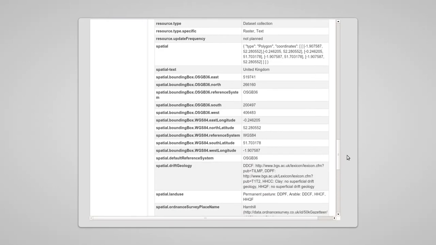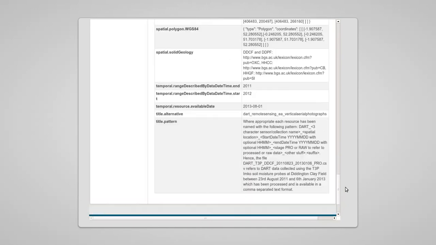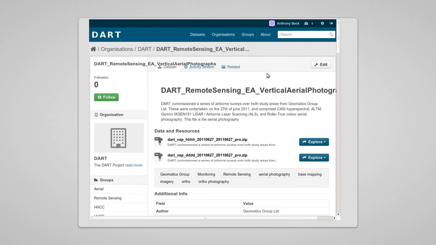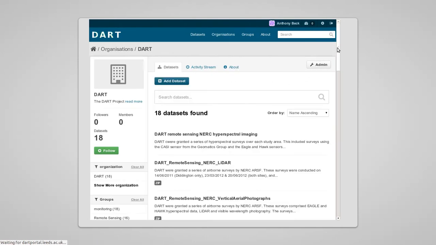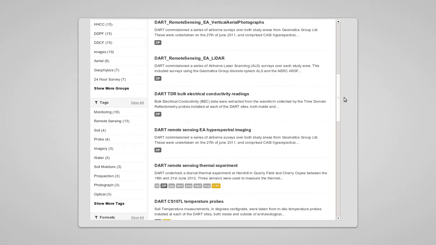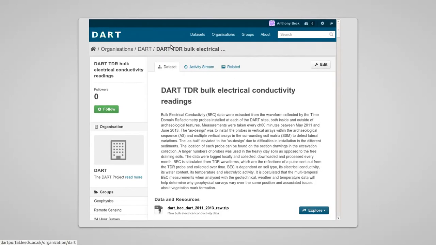All of this can be harvested by other people, and somewhere down here you will see the license for this data. Every single resource that we have is managed in this way. So we have metadata for basically thousands of data sets. They're all openly licensed, and it means that everyone can go in and see this stuff.